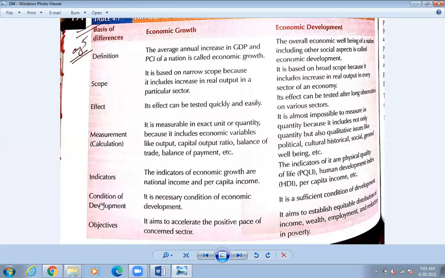Okay, so other things are done. So conditions of development, so these are necessary conditions for the economic development. Okay, so it is a very necessary condition, because if the income increases, if the per capita income increases, then only there is economic growth. Okay, so economic growth is very necessary. If there is economic growth, then only the country is going to be developed, isn't it? So direct development cannot happen. So growth has to happen, little by little, we cannot go straight from the lower floor to the upper floor, we cannot go in one step. So we need to take many steps, around 20 steps are there, full steps are there.